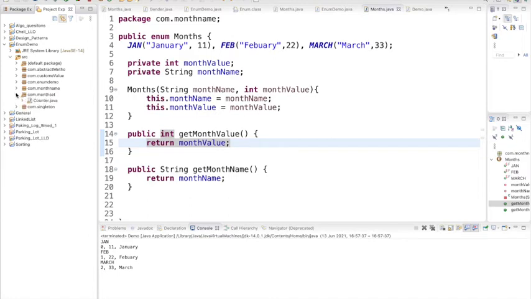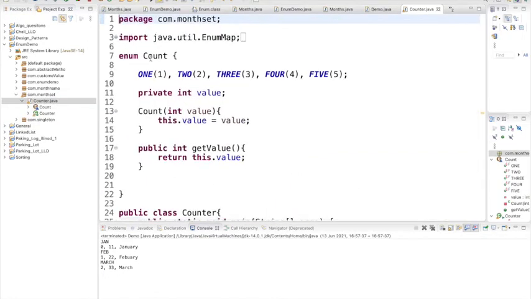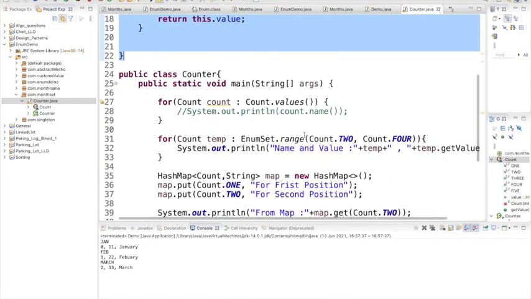So go to the set. I have one enum, Count, and I have the values 1 2 3 4 5. I have given one value also, right? This is a parameterized enum, so I am passing 1 2 as per the constructor. You have to create one value, which we have already seen, then one constructor, and this is the get method. This is the enum, right? Nothing new here. Now the new part is here.